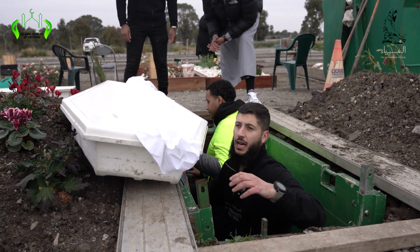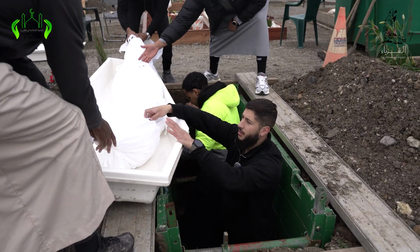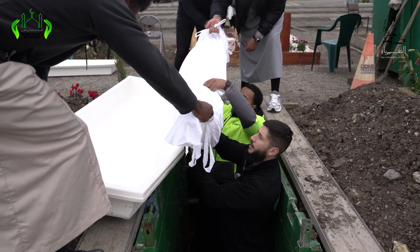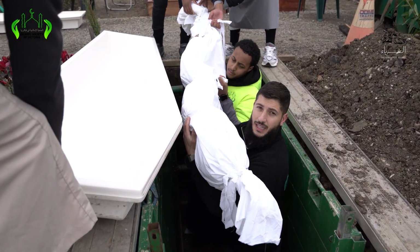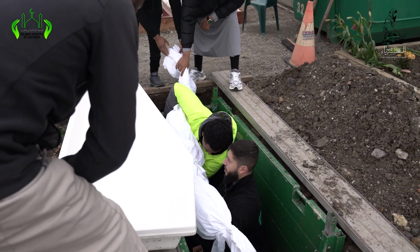What's going to happen is we're going to have our helpers, and we're going to grab each end of the rope. This is just a dummy, this is not a real body. We're going to lift up and we're going to say Bismillah ala minnati Rasulillah. We're going to bring towards us and we're going to face the body to the qibla. We're going to find our support and we're going to step down